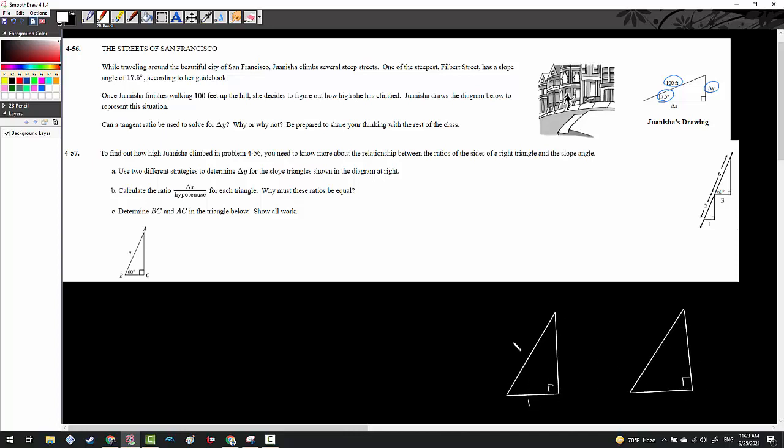So I'm going to call this a 1. I'm going to call this a 2. I'm going to call them delta y1. And then I'm going to call this 3 and 6. I'm going to call them delta y2. Now from here, given the fact that they're both 60 degrees because they exist on the same slope angle,